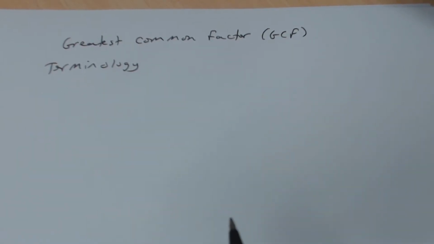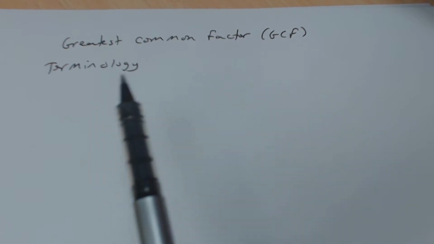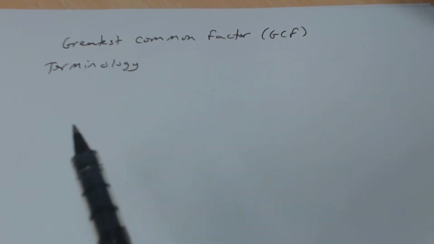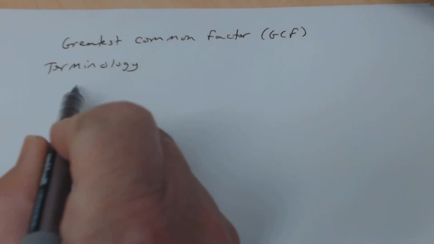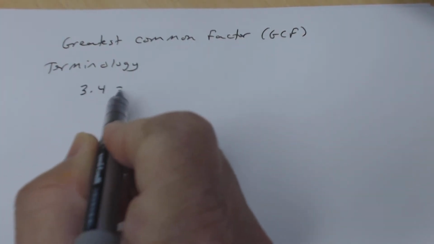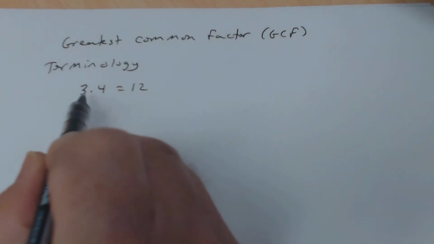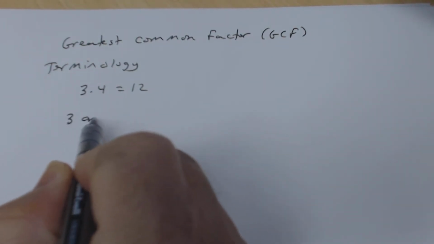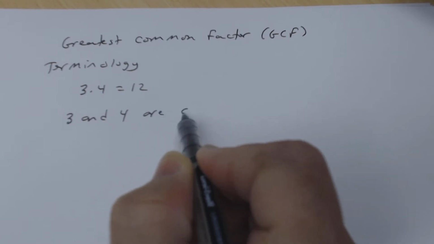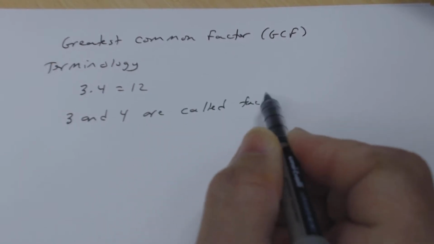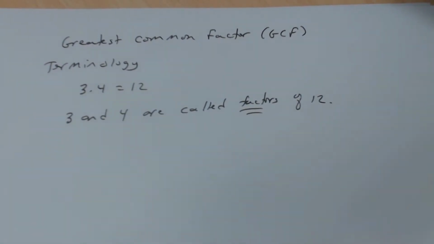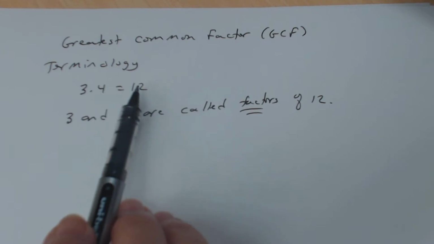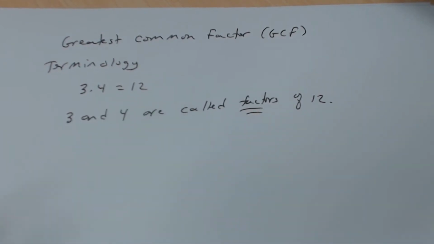Okay, so in this section, we're going to talk about the greatest common factor, sometimes denoted as GCF. Before we do that, let's talk about some terminology related to GCF. We all know that 3 times 4 is 12, and 3 and 4 are called factors of 12. They're factors of 12 because 3 goes into 12 evenly and 4 goes into 12 evenly, meaning you get